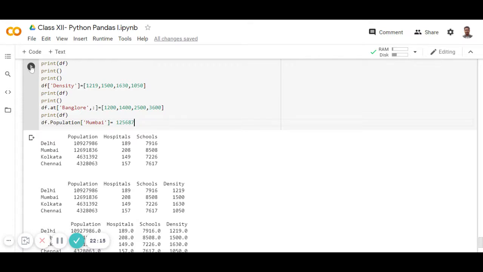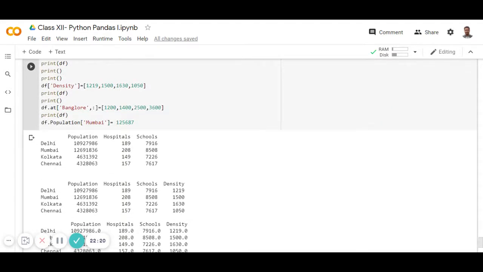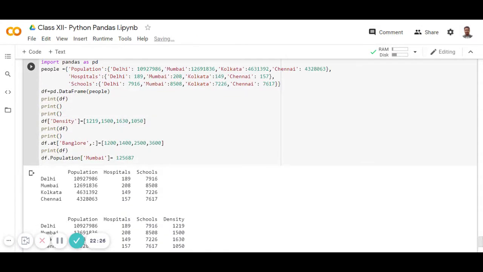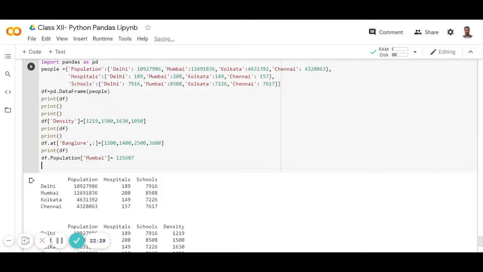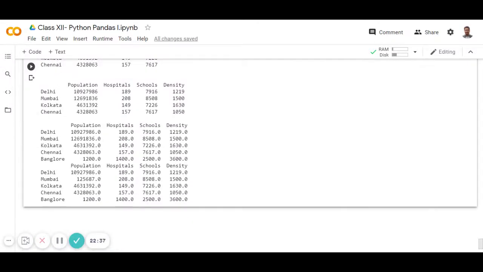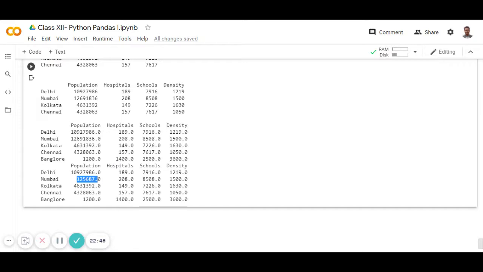Okay, and now check that. We need to print again. You can see 1 2 5 6 8 7 for Mumbai population, which we have given here. So you can see the difference. It was 1 2 6 9 1 8 3 6, and when we changed it, the value changed here. Okay, so we can modify a single cell also.